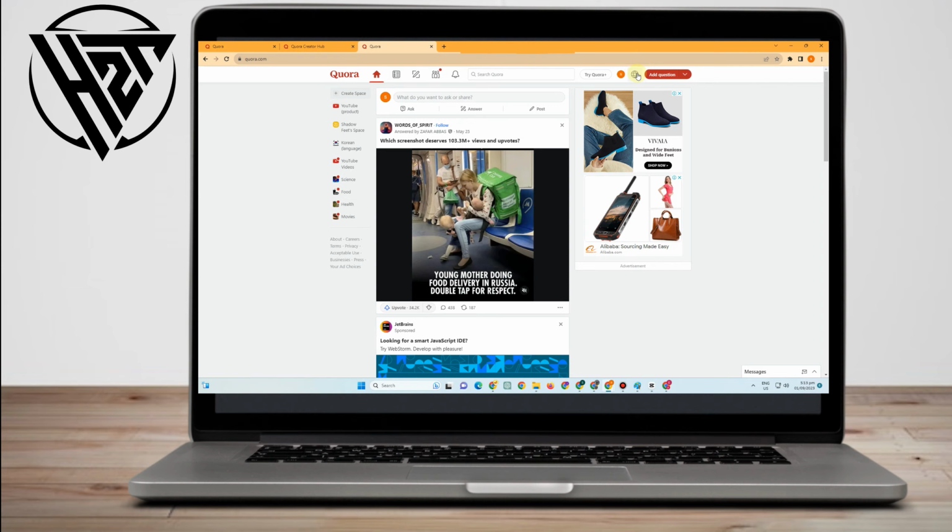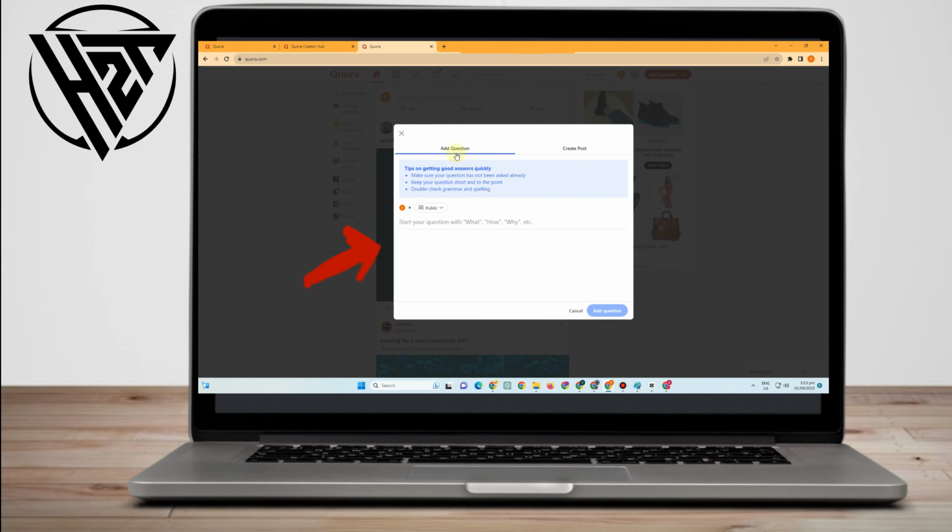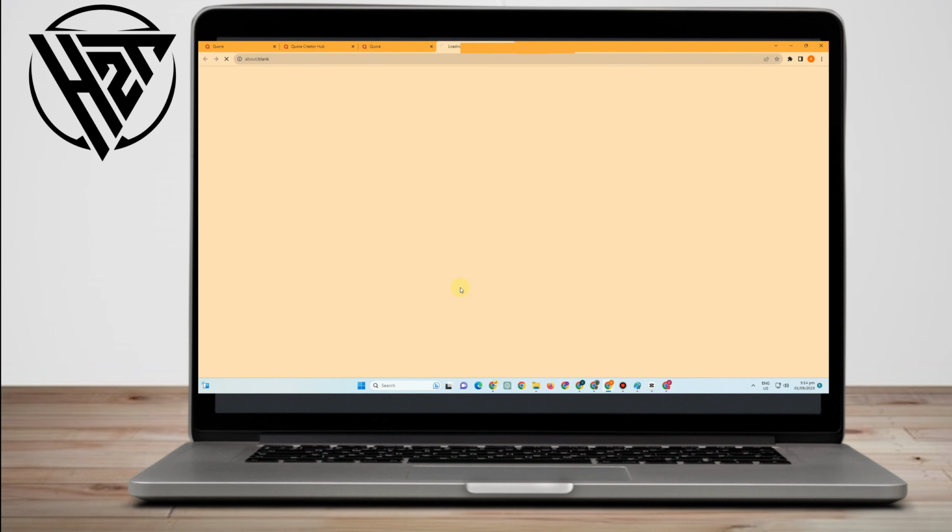Okay, and then if you want to add some question, you just have to click add question, the red button there, or create post. First, let's go to add question. So you can start with how or what, everything is up to you. And then suggested questions will appear here. Okay. So let's just say I want to know how much do vloggers make, something like that. Okay, and then there will be a suggested question, for example, like this: how much money do vloggers make? So all I have to do is click this one. I can click add question,